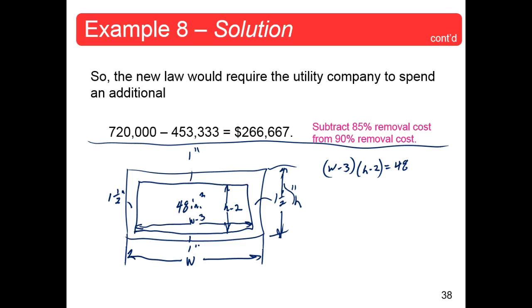Which one you want to solve for? H or W? W, okay. So I have W minus 3 equal 48 over H minus 2, right? Add 3 to both sides, and now you have W is equal to 48 over H minus 2 plus 3,